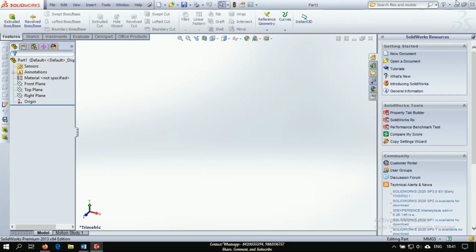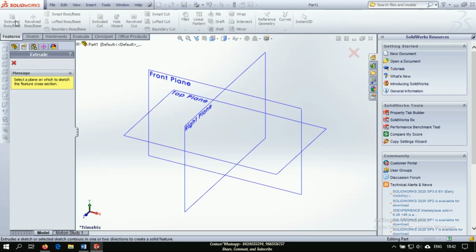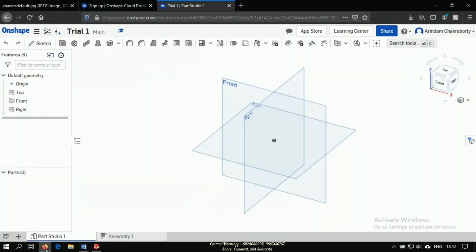Now you can see this same thing. Okay, let me select anything. You could see this, right, or let me click. As you know, if you click, you can see this front plane, top plane, right plane. The same thing: front plane, right plane, top plane. Fine. Z, Z, X and Y. Z, Z, X and Y. So as you can see,